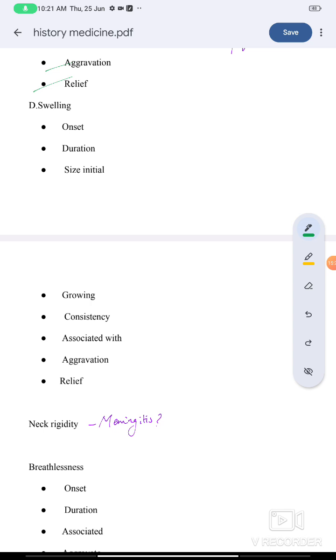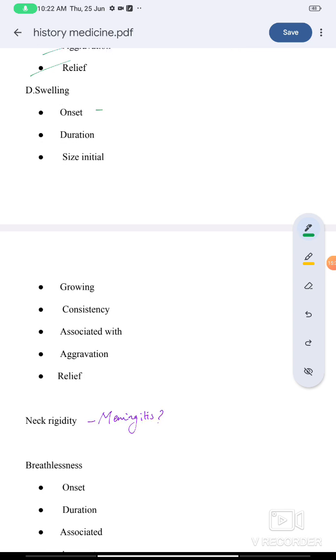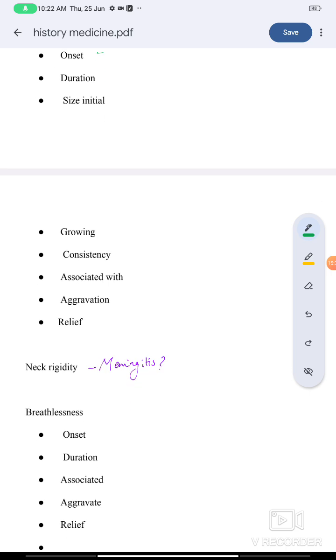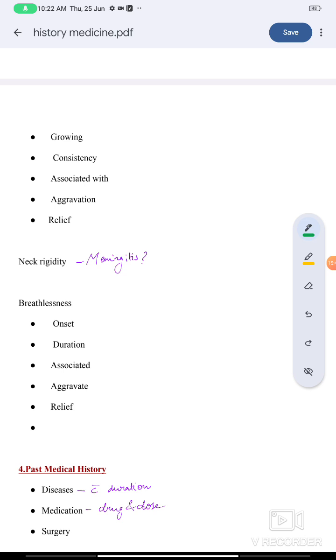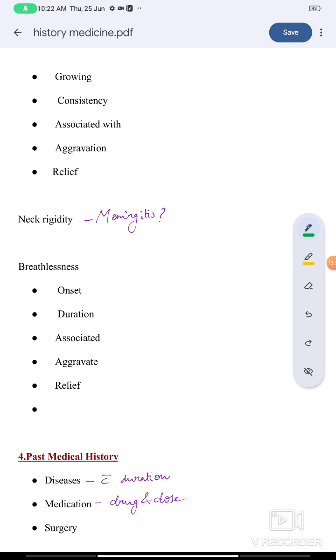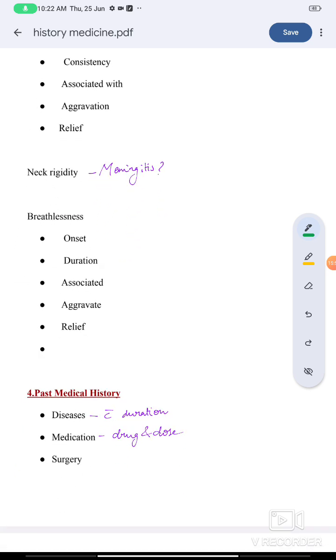Coming to swelling, we will learn about this in detail when we study history taking in general surgery. So for swelling, you also have to note the onset. Onset may be sudden or gradual. Then there is duration of the swelling. Then there is initial size, and then how much the swelling changes. For example, when the patient noticed it first, it was pea-sized and gradually increased to the present size, whatever it is. Then you have to note about the growth, if the size has increased or decreased, consistency according to what